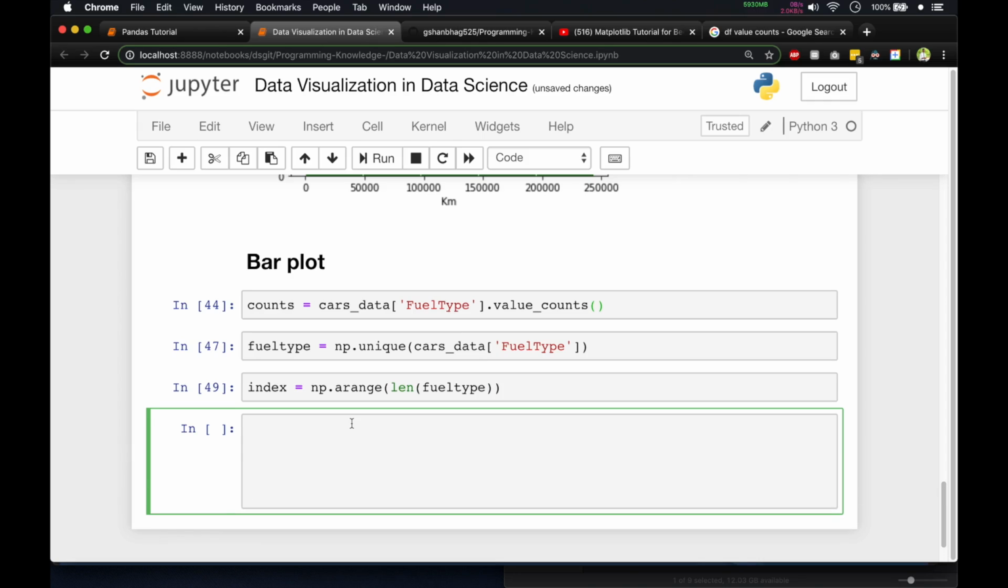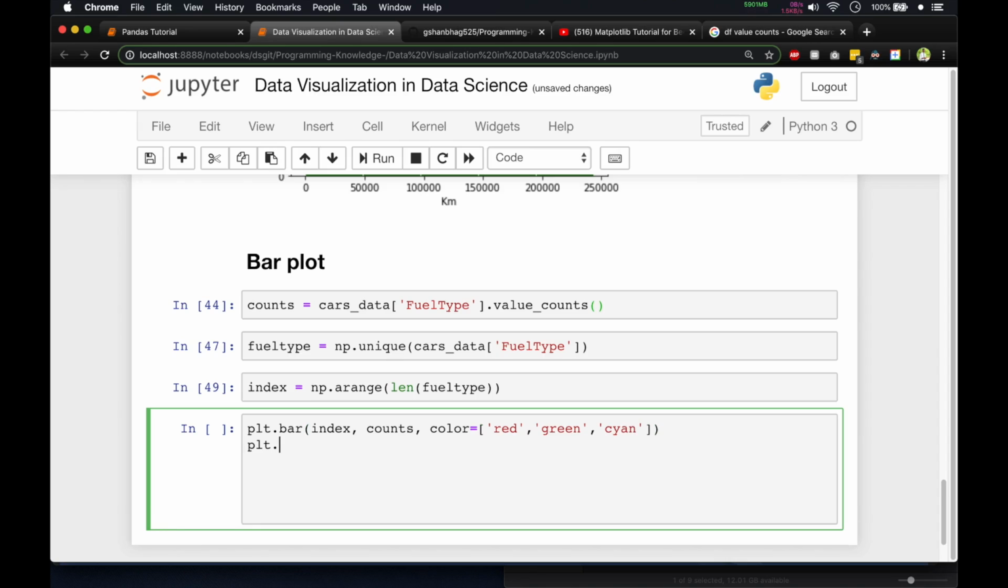So we'll start with the plt.bar function. Inside that we'll pass the index, that is how many bars we want to create, and then the counts, that is the frequency distribution, and the color we'll pass a list. We already know there are 3 bars, so we'll give 3: red, green and cyan, and then we'll give title